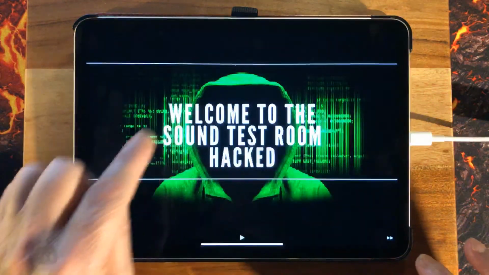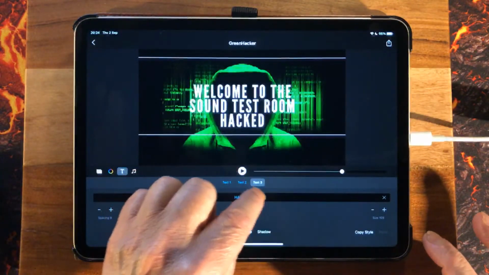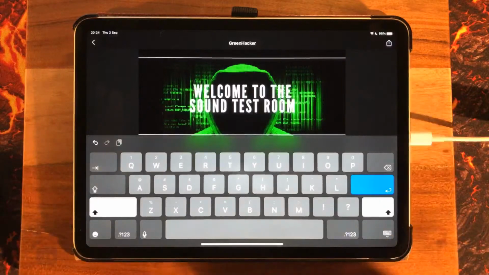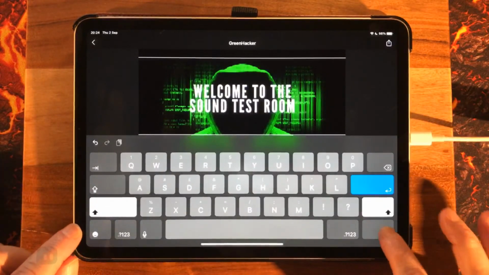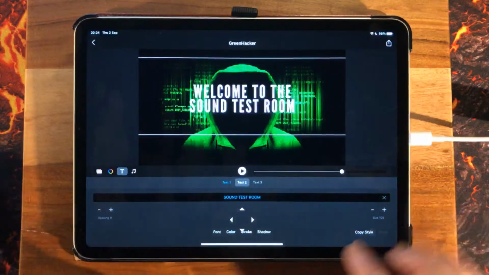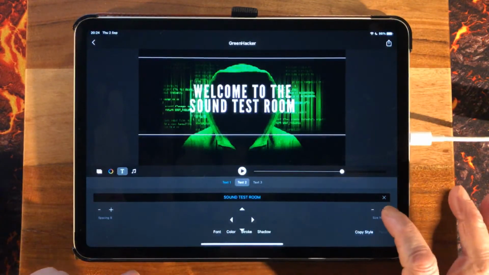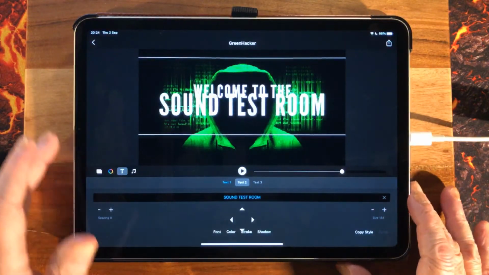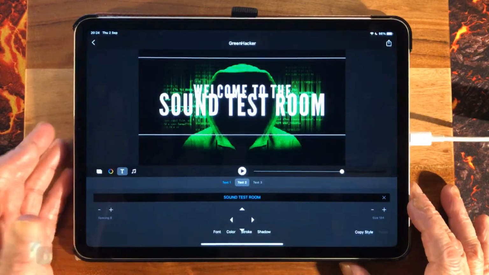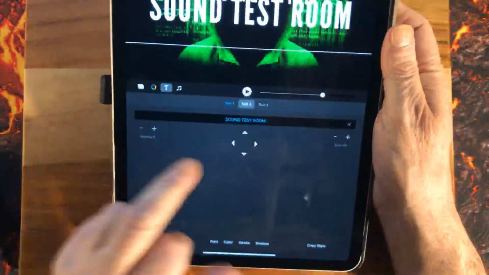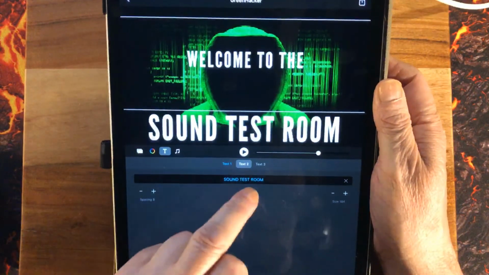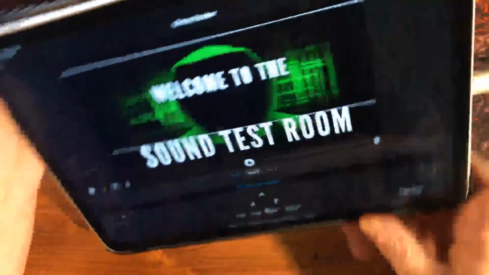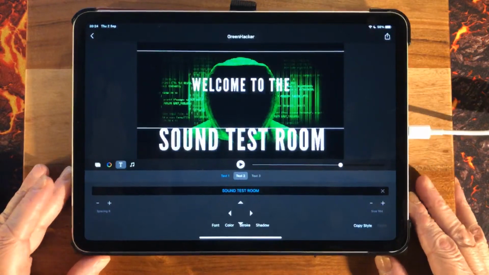Text 3. Let's leave text 3 out. We don't need text 3. So what we could do is then we're on text 2. We can make it bigger. Okay. And then just get to the actual thing like this. And then I'm going to edit this